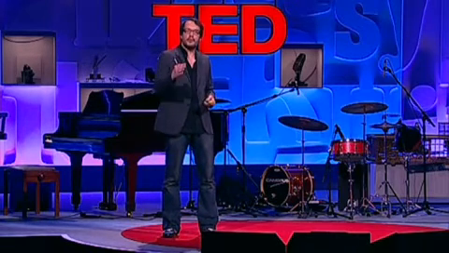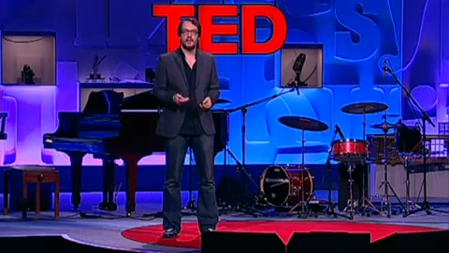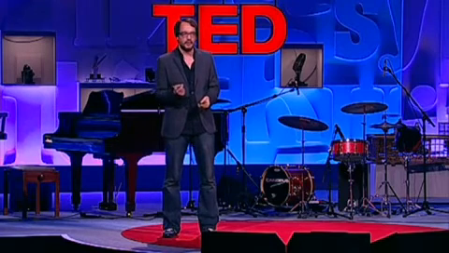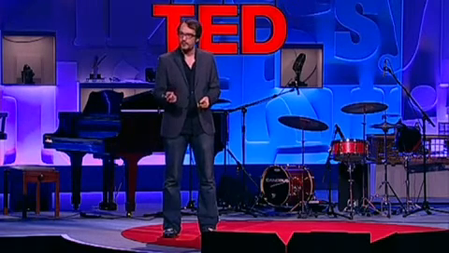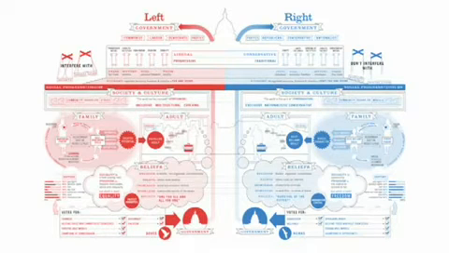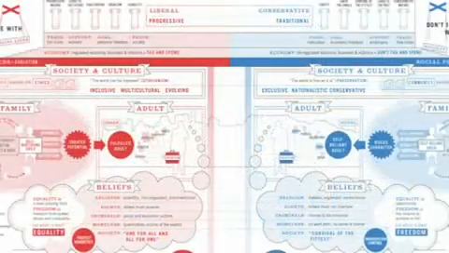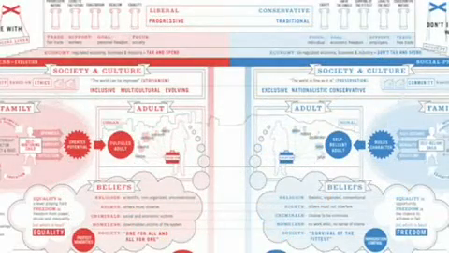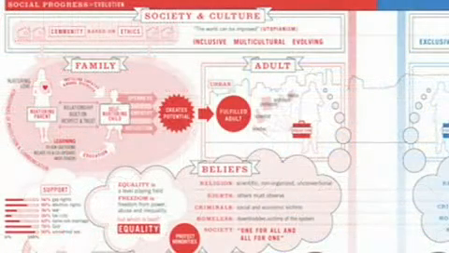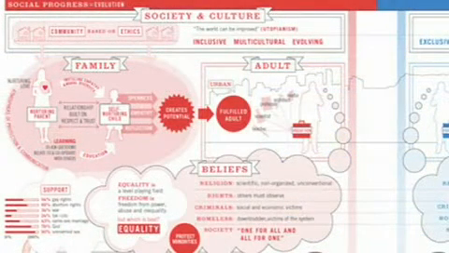But it kind of can go beyond data, and it can go beyond numbers. And I like to apply information visualization to ideas and concepts. This is a visualization of the political spectrum, an attempt for me to try and understand how it works and how the ideas percolate down from government into society and culture, into families, into individuals, into their beliefs, and then back round again in a cycle.